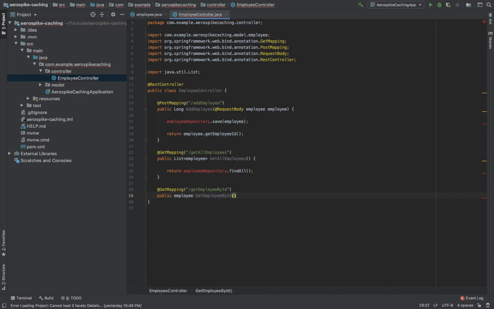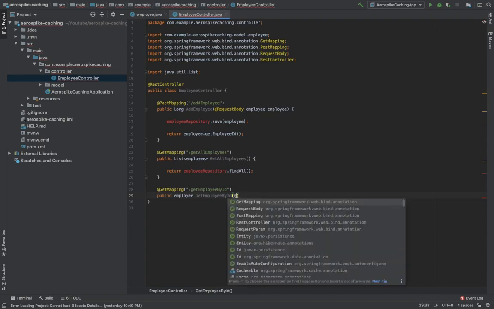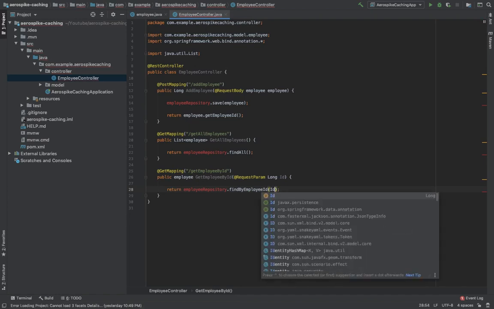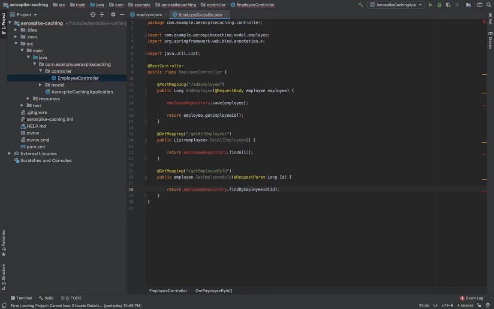And it will take employee ID in the request parameter. So now we have all the three endpoints.